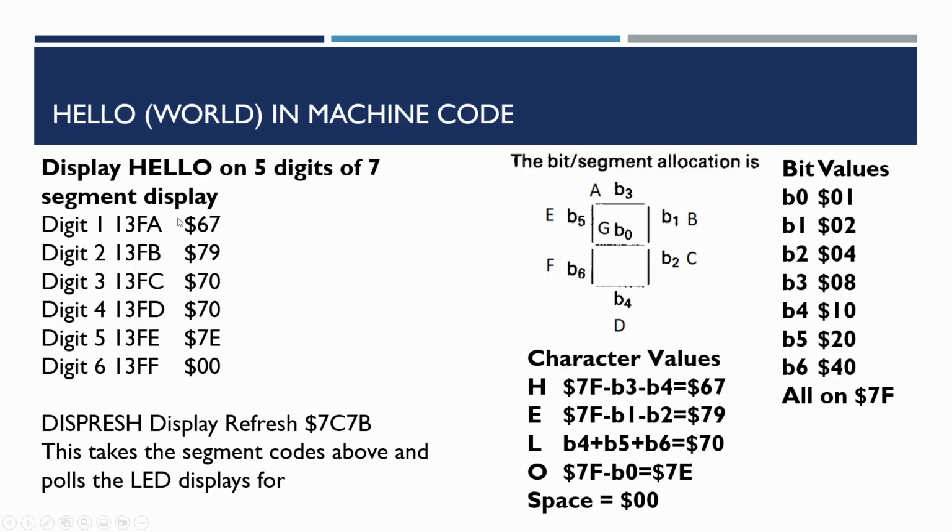In this slide, what I've got is some information about the program we're going to be writing. So what we want to do is to display hello on 5 of the digits of the 7-segment display. Now, in fact, in the data sheets, or the original project sheets, the original 6802 version stored the 6 digits was actually in the direct page area in the first 256 bytes of RAM.